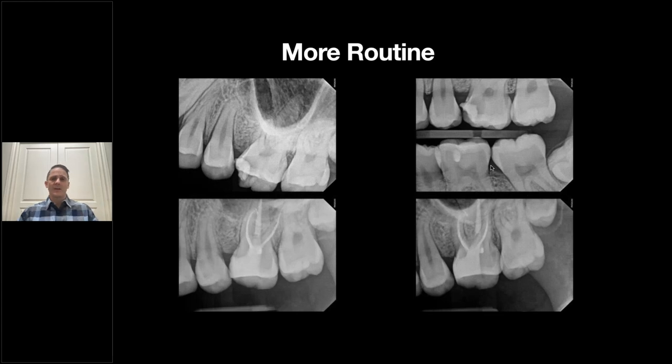So, as we talk about making the routine more routine, I'll show this number 14 here, a recent case, just mesial occlusal decay. Came in here, and it makes the endo a breeze. And what that does is that allows you more time to focus on the restorative. And so we're not rushing at the very end, and you end up with, this restores okay. It's not my favorite. Got a great contour here, used BioClear matrix on this one. Great restorative contour here.